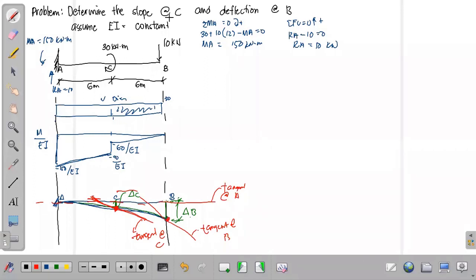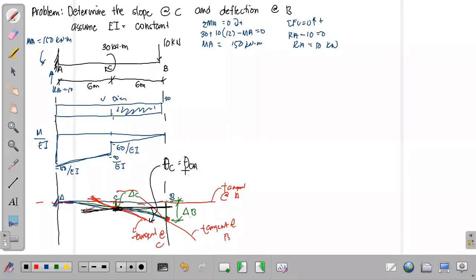Ano yung isang hinahanap natin? Slope at C. Paano natin kunin yung slope at C? So ito, di ba? Ito yung point natin. At this point of our elastic curve, pagka nag-drawing tayo ng straight line dito sa point C, dito sa may elastic curve, yan, straight line, point C. Okay? Ang rotation yan, pag ganon, from our point C, papunta dito sa tangent, yan yung magiging rotation mo ng C. That is actually equal to